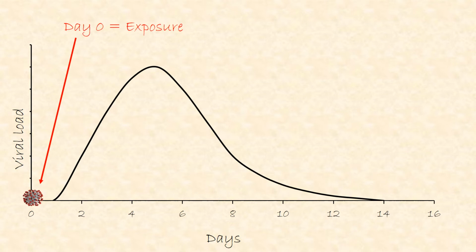After you are first exposed to a virus, it will replicate in your body and the viral load will increase. As the viral load increases, you become infectious, which means you can get other people sick. At this point, we think that people infected with the SARS-CoV-2 virus can infect others early on, starting at about 2 to 4 days after exposure.